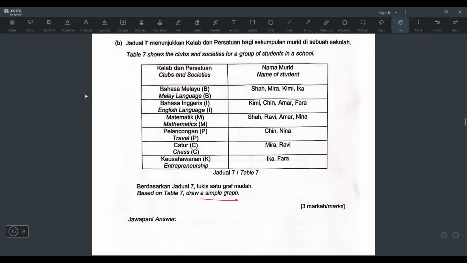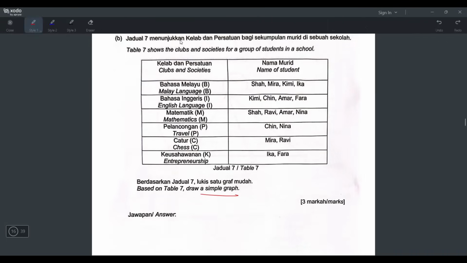Okay, so how? First, we need to determine what to use for the vertex and what we want to use for the edges. Because when we draw a graph, it will have vertex, which is the dot, and then the edge. Okay, let's count how many clubs and societies there are. 1, 2, 3, 4, 5, 6. There are 6 different clubs. How many different students do you have? 1, 2, 3, 4,